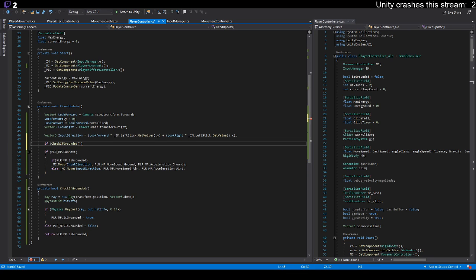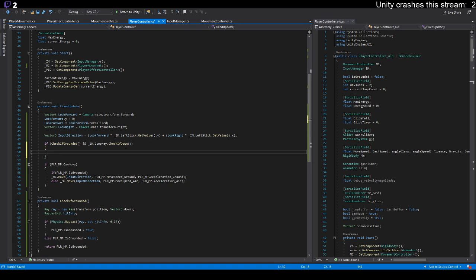We're going to plop that in there, check if grounded, so it'll return a bool. And our input manager has our jump key, check if down. So on the frame that we press the jump key, if we're grounded, then